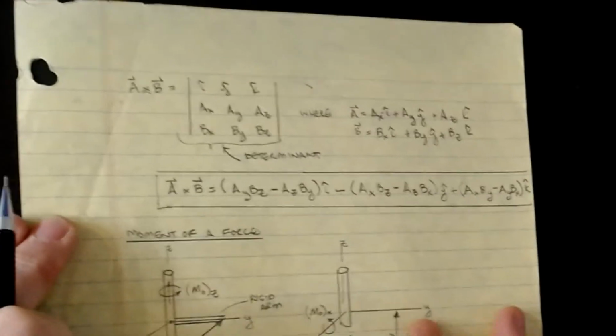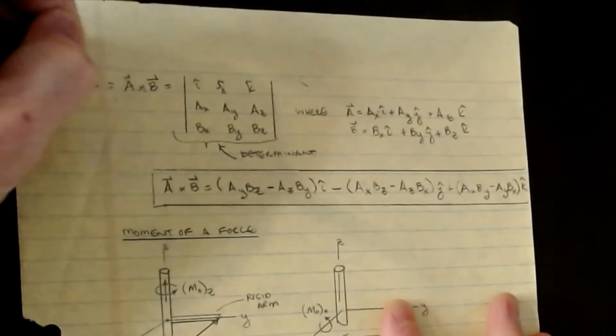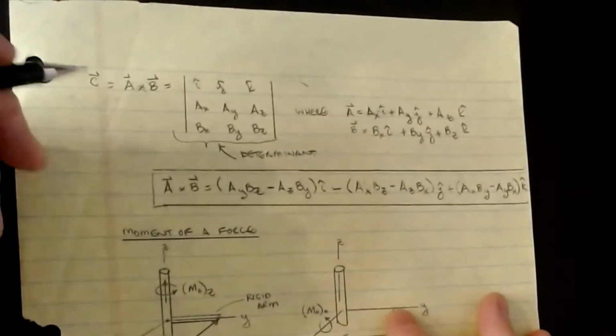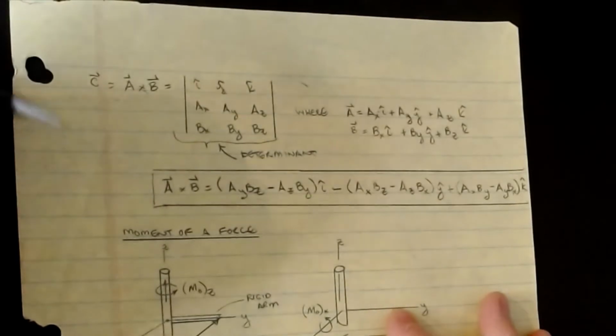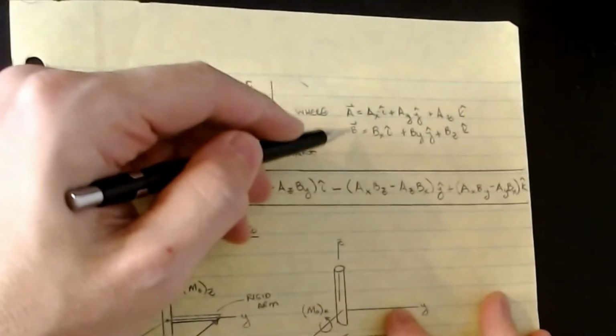All right, and so here's my A cross B. So that we know is going to get me a C vector. Well, the resolution of this is a 3×3 determinant. Okay, now for A vector and B vector, we're going to define those as we have previously, that A is